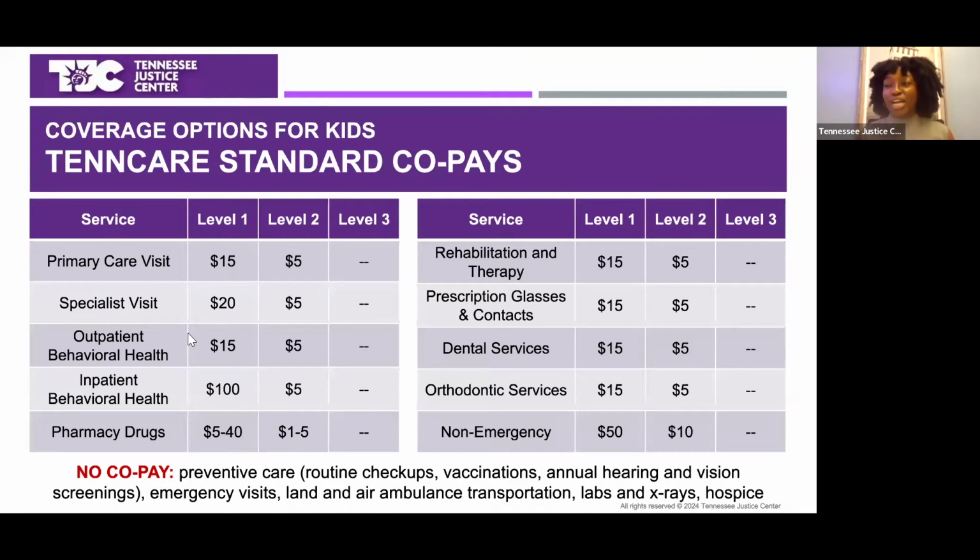And then things such as emergency department visits: if you get admitted to the ER, there may be no copay. If you don't get admitted to the ER, there will be a copay. So it gets tricky with the copays because it really does depend on the circumstances surrounding the care that you're receiving, but this is still a pretty good option for families with kids who are pretty healthy. I know sometimes parents who have kids with higher medical needs get nervous about those copays, but it's still definitely cheaper than not having insurance at all.